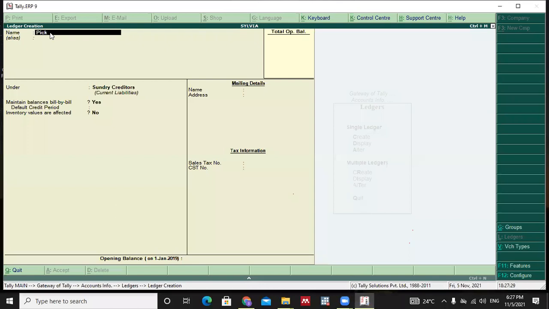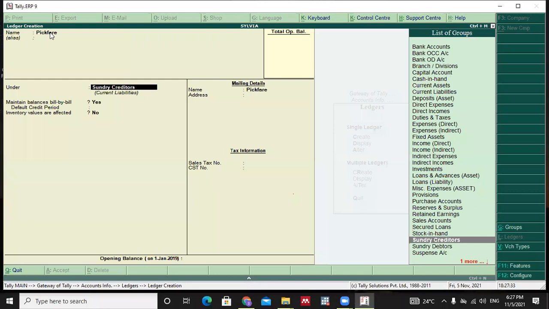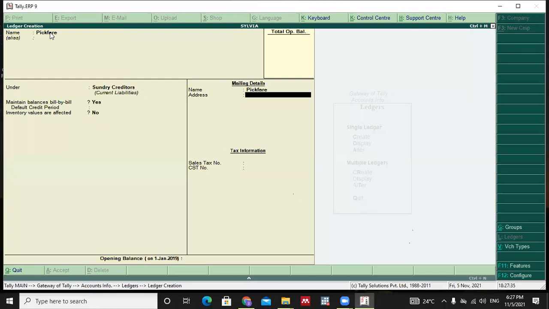Pick Fair, who is a sundry creditor, and the address is box 11, Asaka. So the suppliers are done. Enter and accept. The second thing that we captured was customer information, and the first customer was